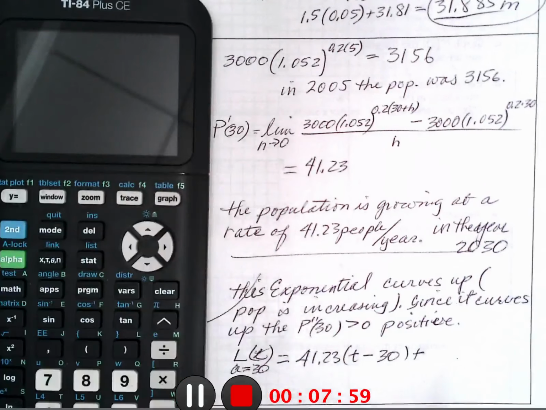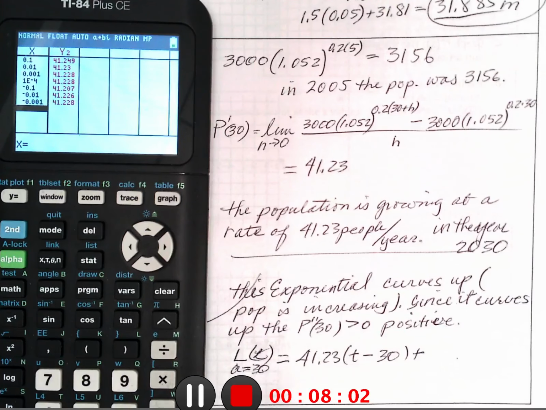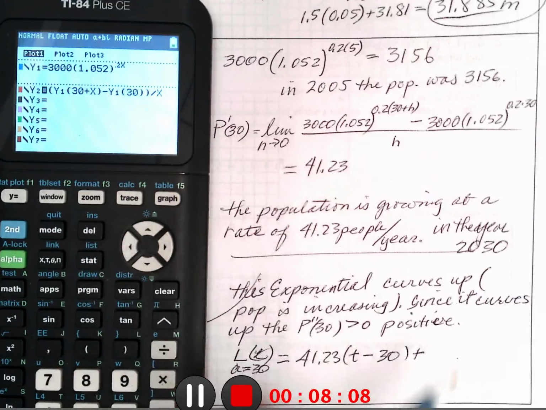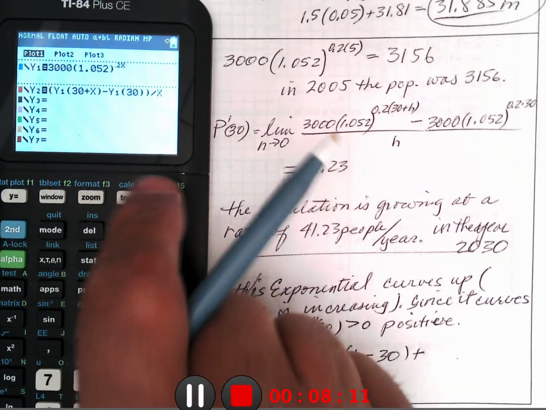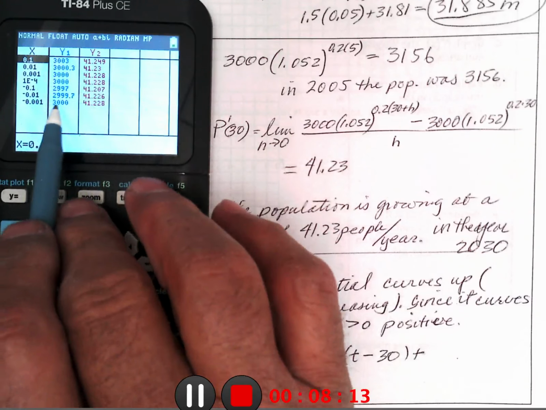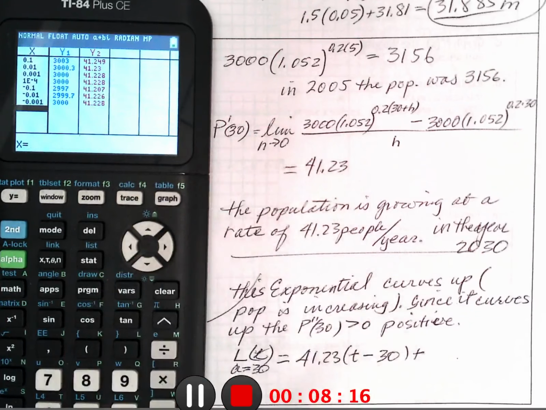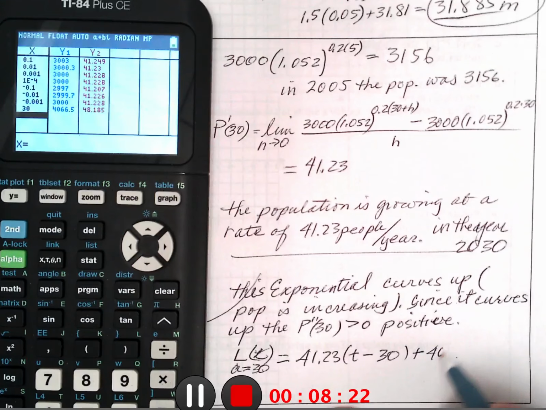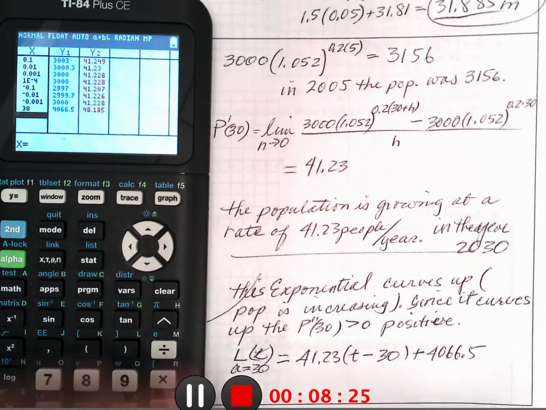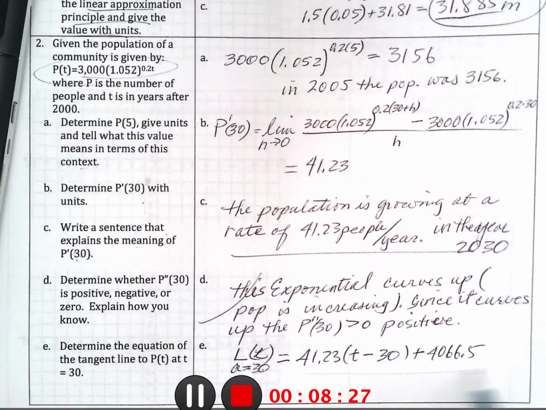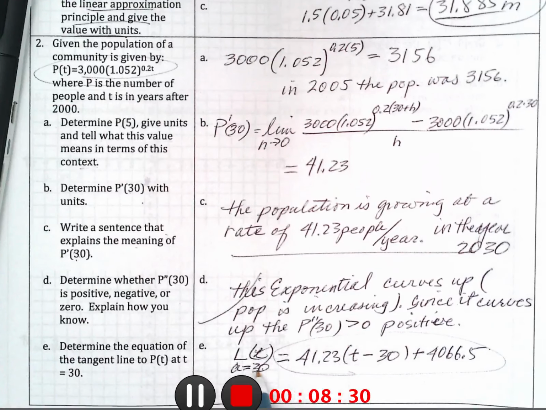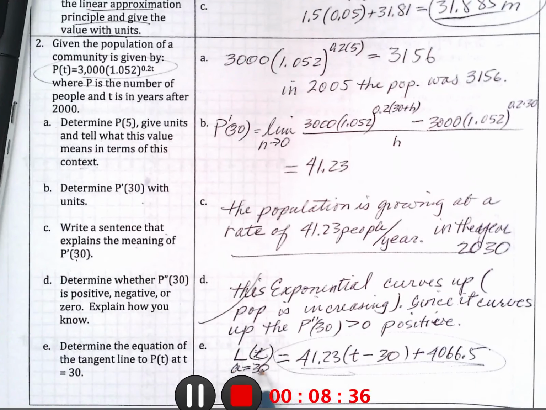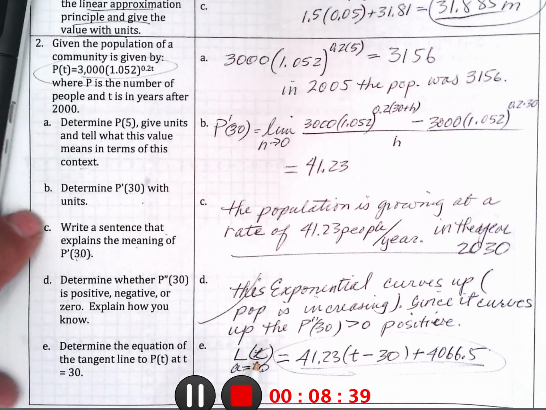So I'm going to go to my calculator again and just type in. So this is the difference one. I'm going to go back and put it into y1. So I'm going to turn it back on. If I go to the table, now I'll see y1 and y2. This is what I want, and I want it at 30, and it's 4066.5. And that's people. This is the size of the population, a linear approximation for the size of the population at p equals 30. Equation of the tangent